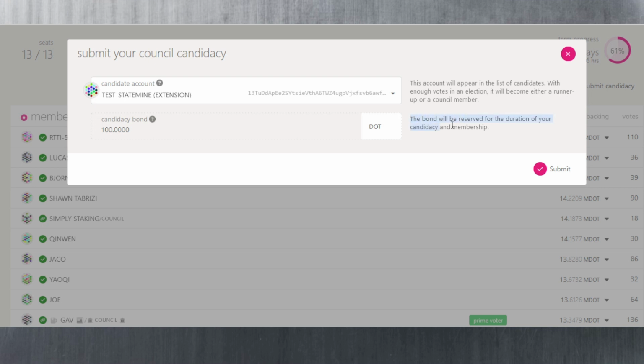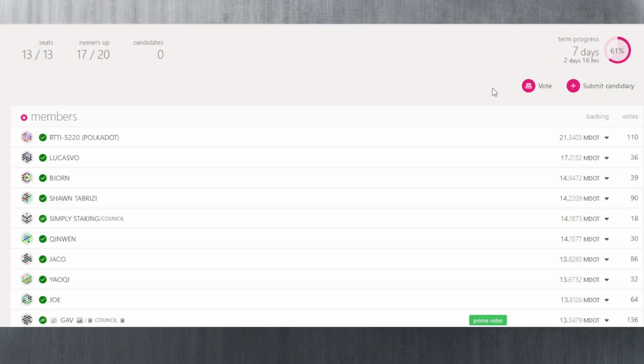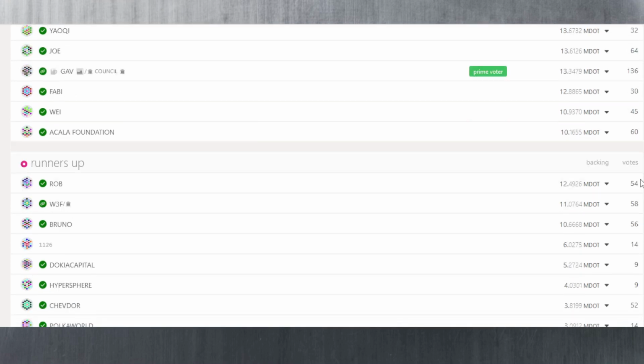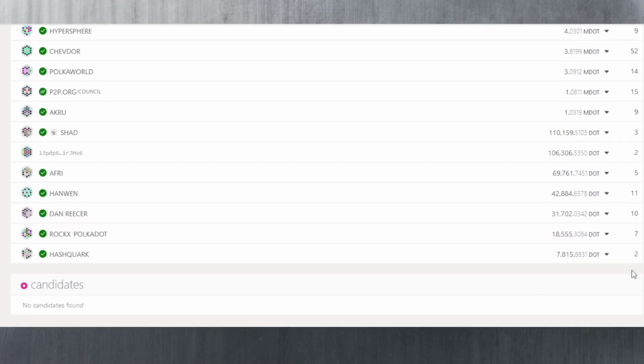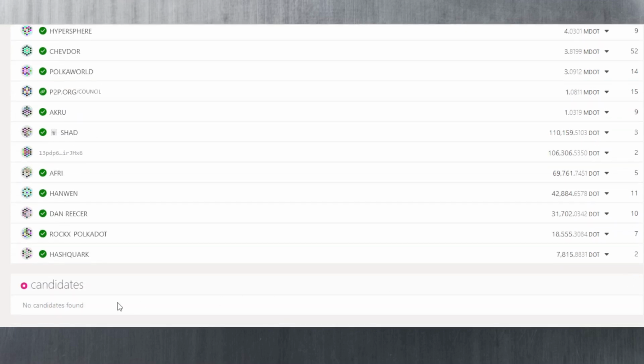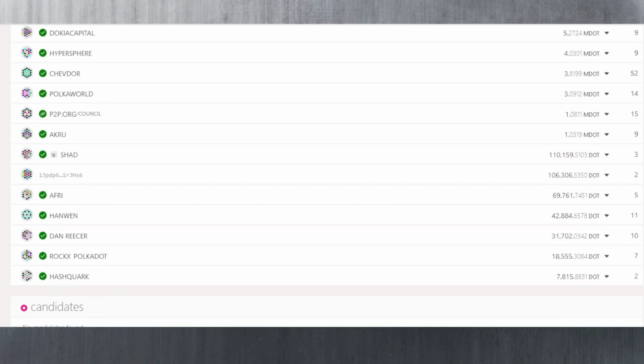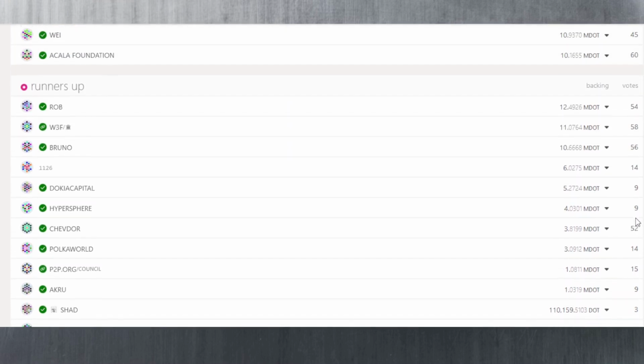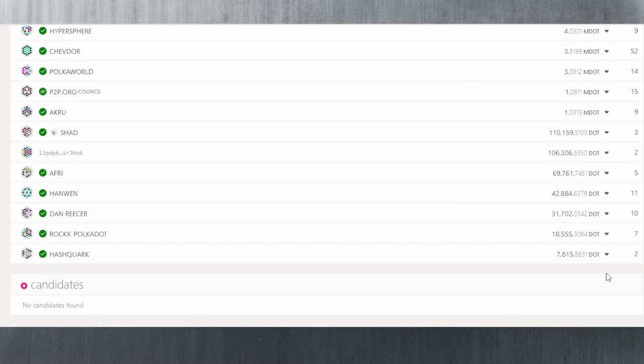You can see this bond will be reserved for the duration of your candidacy and membership, and you just need to wait. So once you submit that candidacy, you're going to be in the runners up section. Actually, you're not. You're actually going to be in the candidate section, and then when enough people vote for you, you may enter the runners up section. I don't know what the minimum amount you need to have here. I don't know if you need to be above this one here, which is the lowest one,